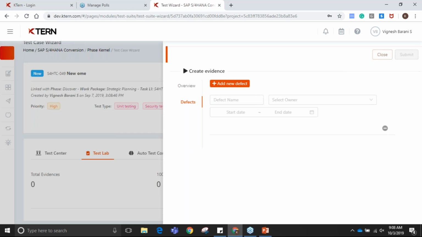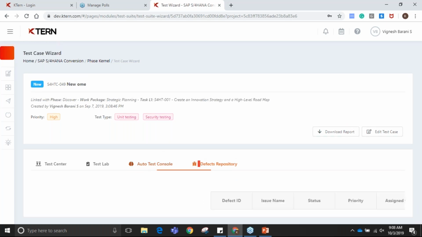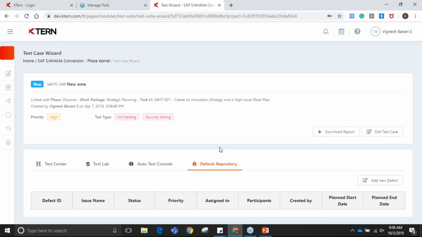And the auto test console. The auto test console is the most important part here, since we'll be able to auto execute items against a test case, so that you can have a comprehensive view of your unit testing done automatically. Typically what we would do is that we will hit the application layer of your entire system so that the auto execution kicks in. And the next thing would be the defects repository,